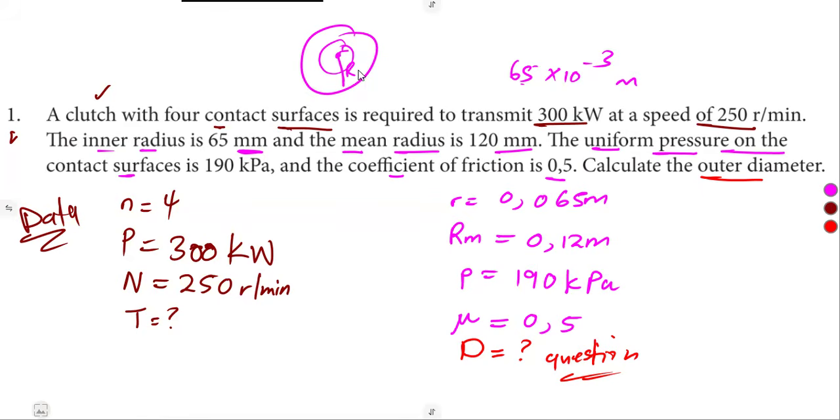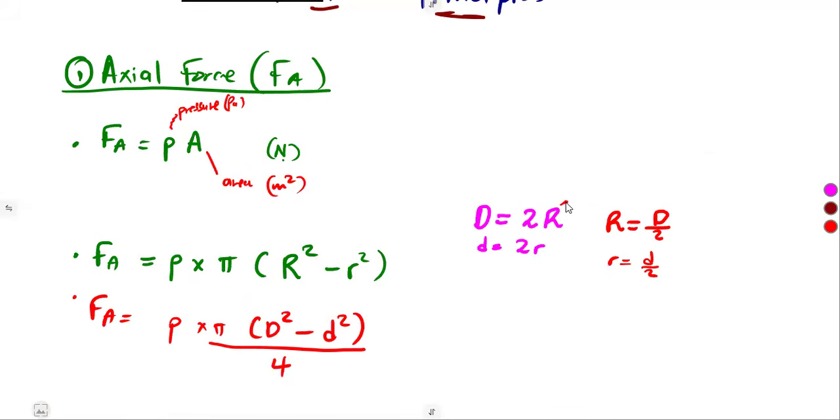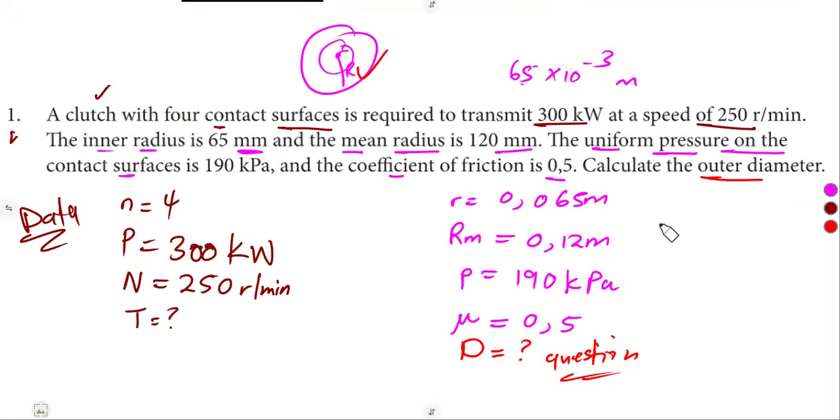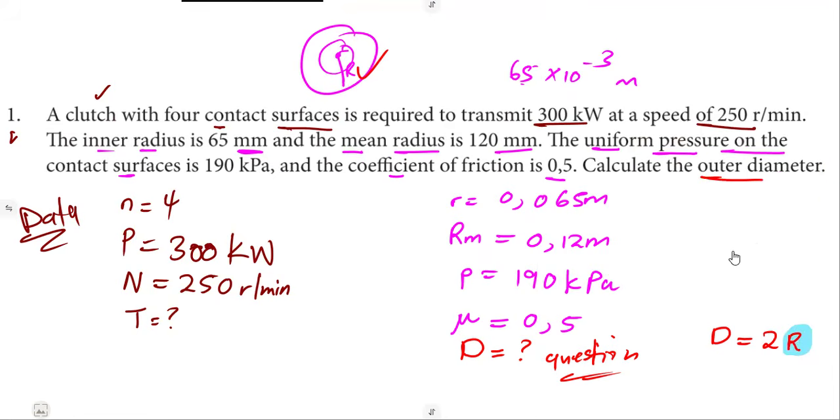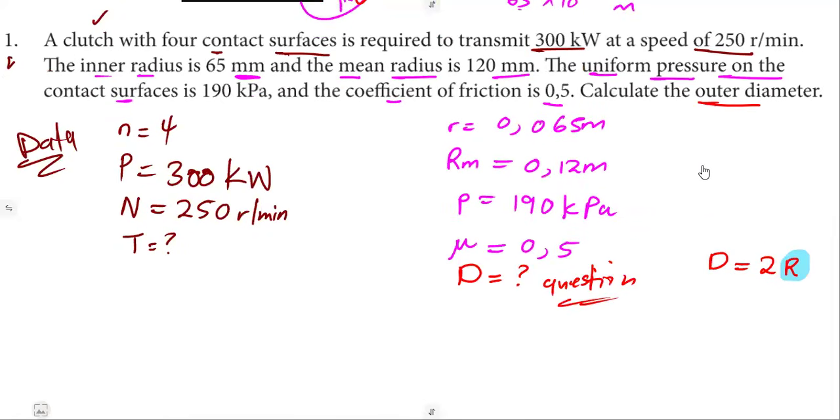If we have the inner diameter, it will be easier for us. I mean, if we have that outer radius, it will be easier because we simply have to multiply by 2 and we've got the outer diameter. But as we can see, we do not have that outer radius. So, guys, engineering is all about fault finding. Fault finding in calculations is all about